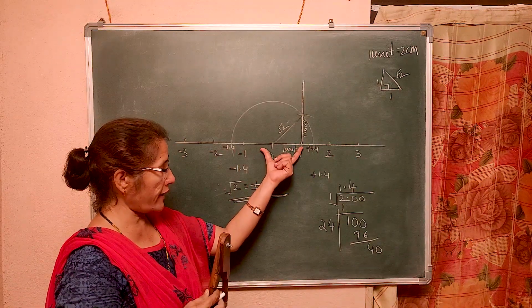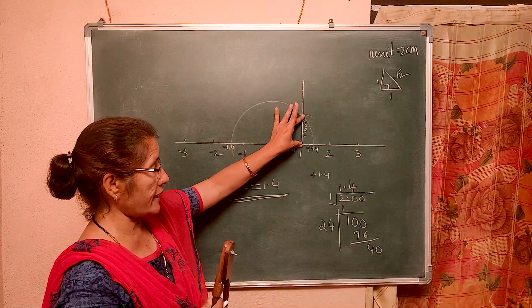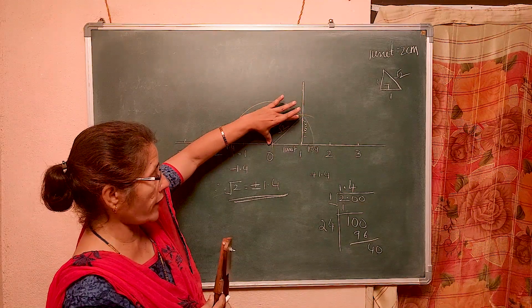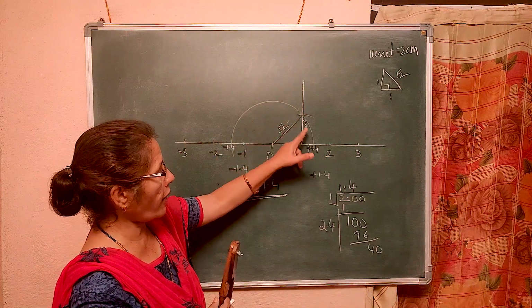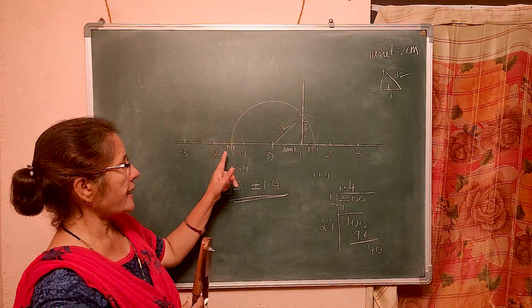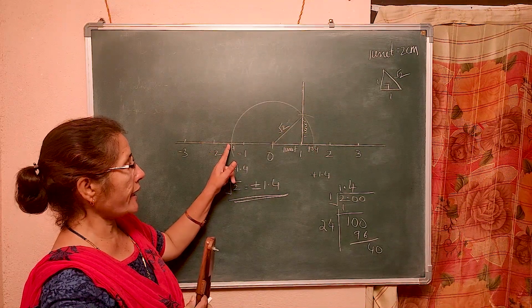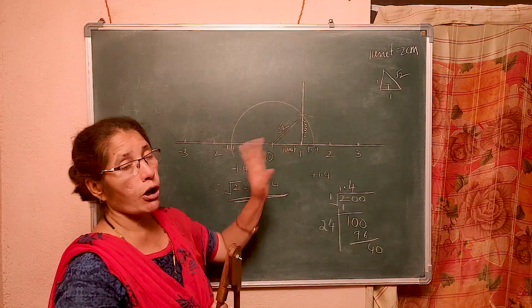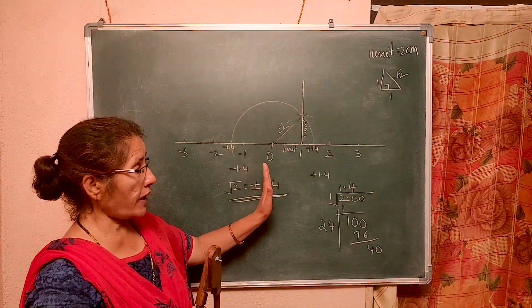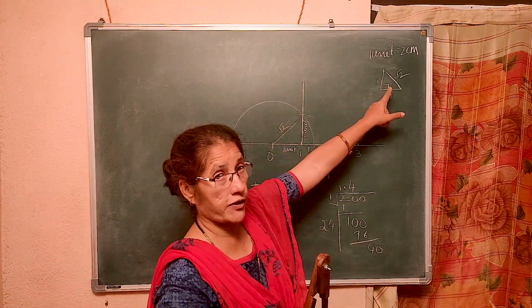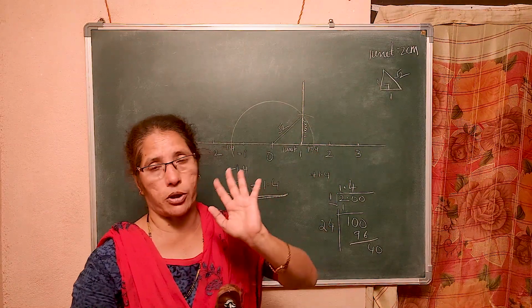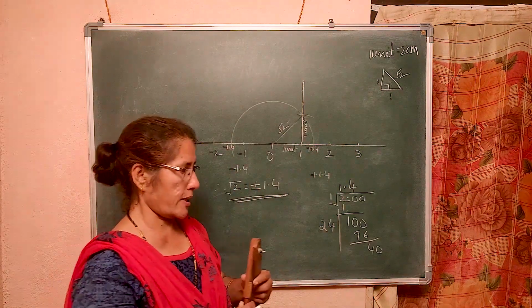From 0 to 1, at 1 again 1 centimeter. Then this line is square root of 2. Using that, you have to draw an arc like this and you will get the readings of square root of 2 on a number line. This one as well as whatever I draw the first one, that has to be there in your book. Is it clear? Next one.